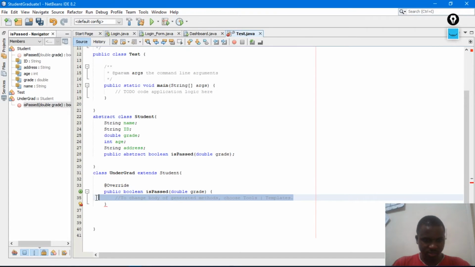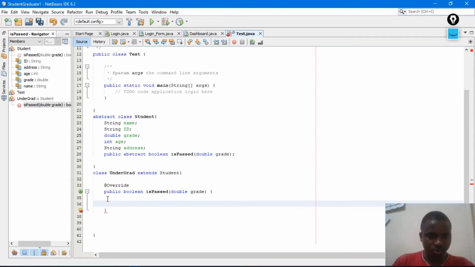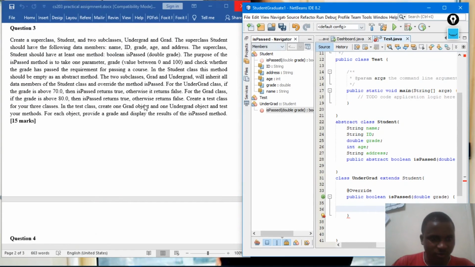Okay, you see that it is override this method. Okay, here it's an error, because it's a boolean, it has to return something. So I have to implement this method. So how am I going to implement it? I have to follow the instructions here.